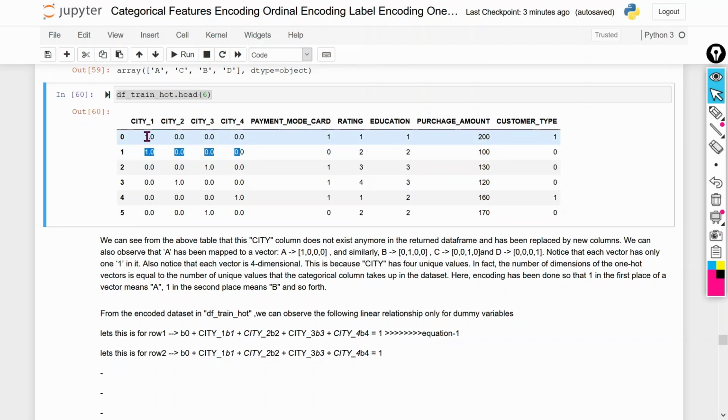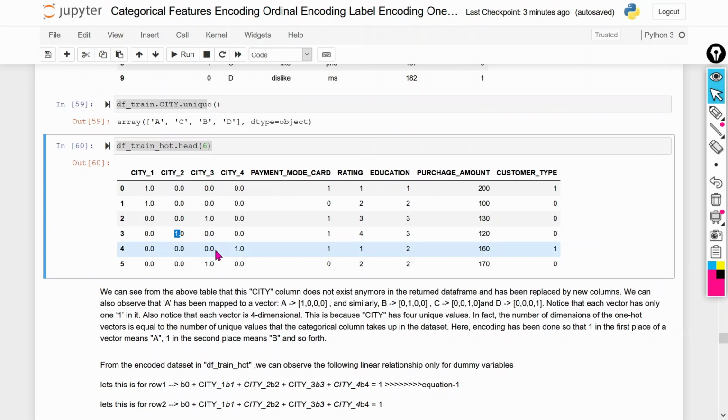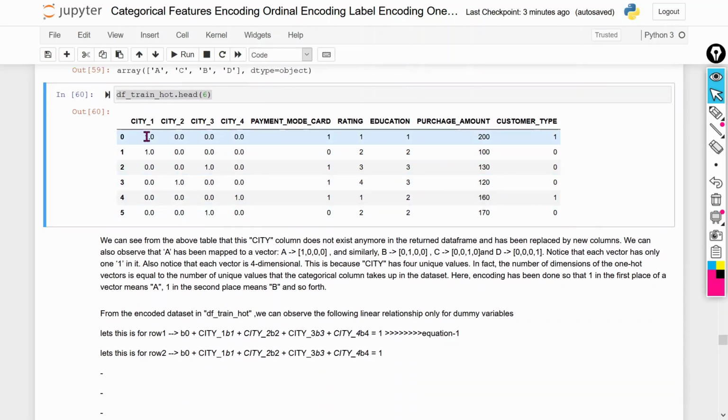If we have the value 1 at the first place, that will represent the value A, and the value 1 at the second place will represent the value B, and so on, C and D. The sum of this particular vector is always equal to 1.